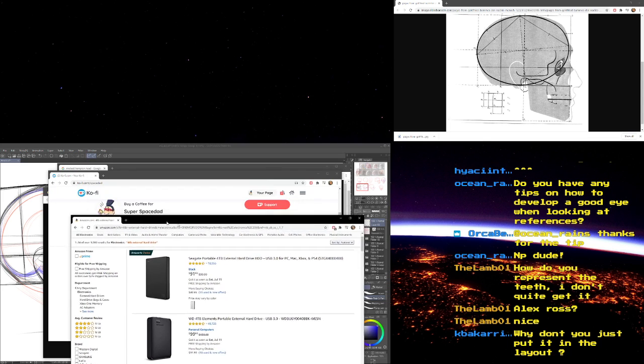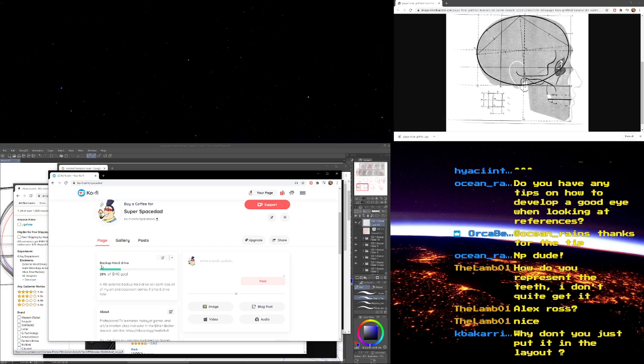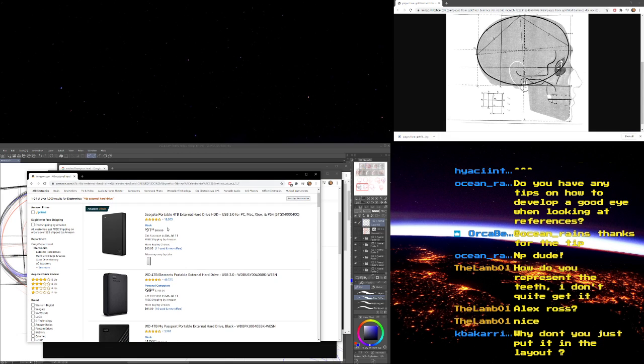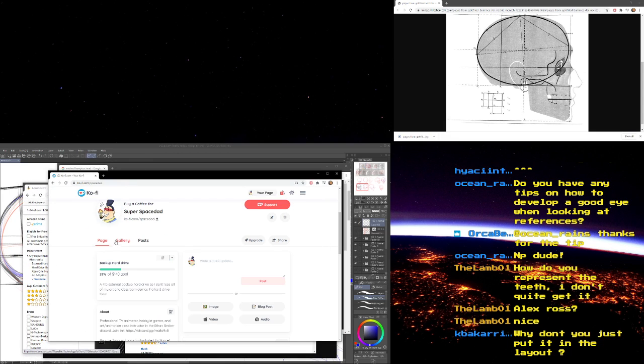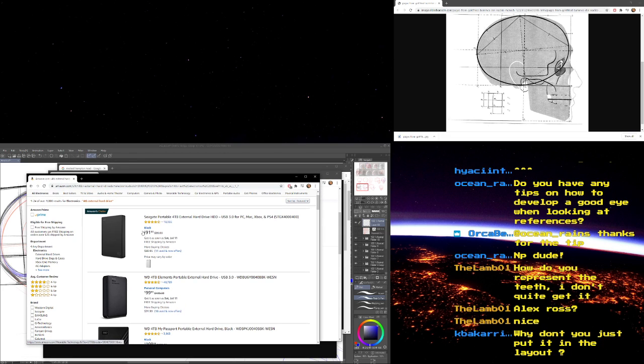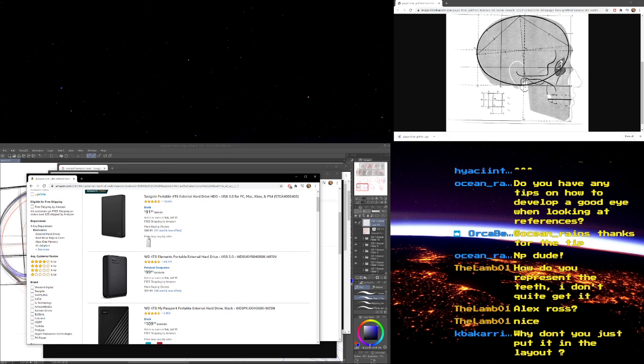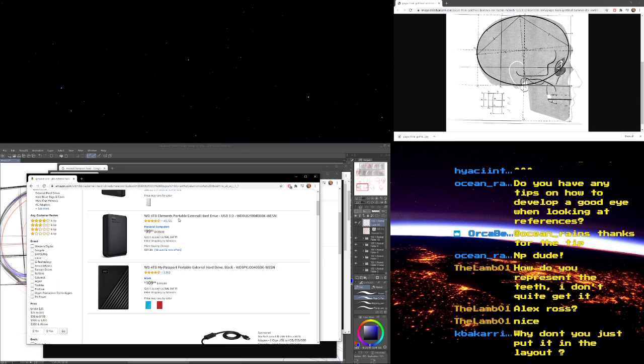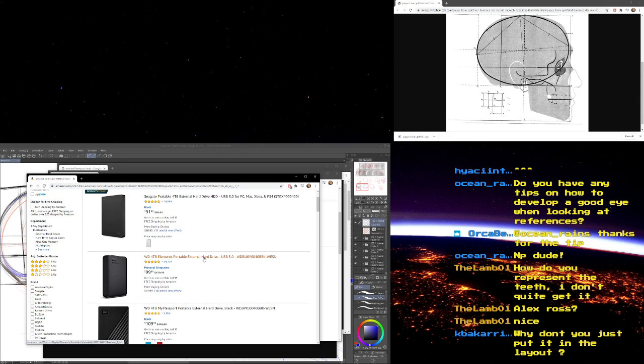It's somewhere in there. I made the goal overshoot here just in case it turns out that I might need a 5 terabyte, or just in case the prices fluctuate. But sometimes these often go on sale. Any extra money that goes over my goal is going to go towards the next budget thing, the thing that I'm going to budget with donations for. Yeah, it looks like some of these are on sale. They're sometimes even cheaper than this. But I'm going to be getting one of these to use as a backup drive locally, and I might get a second one, and then